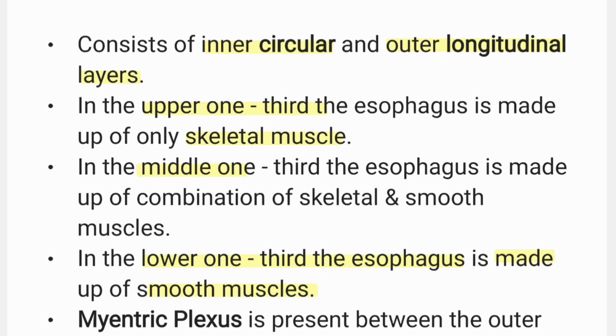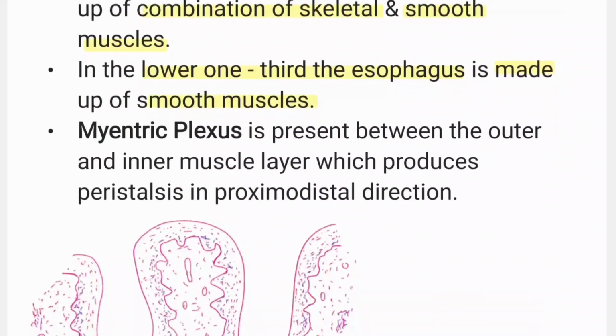The middle one third of the esophagus is made up of a combination of skeletal and smooth muscles together. So in the upper one third we find the skeletal muscle, in the lower one third we find the smooth muscle, and in the middle one third of the esophagus we find a combination of skeletal and smooth muscles. Now important thing, the myenteric plexus, which is present between the outer and inner muscle layer,